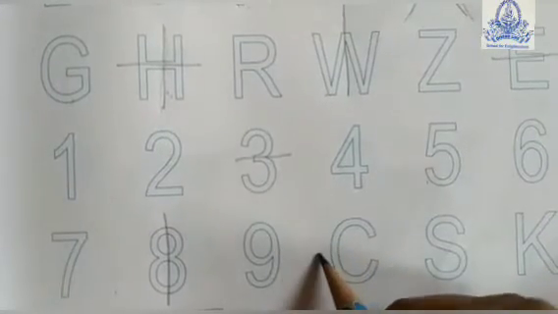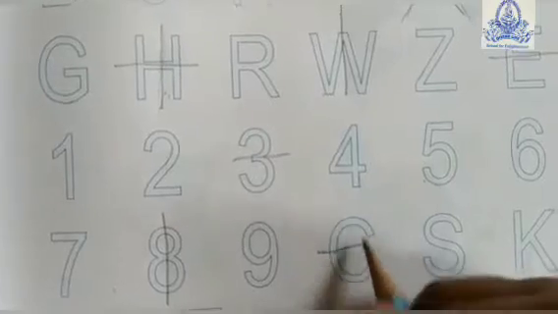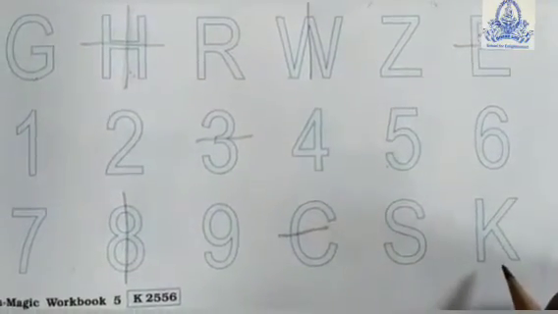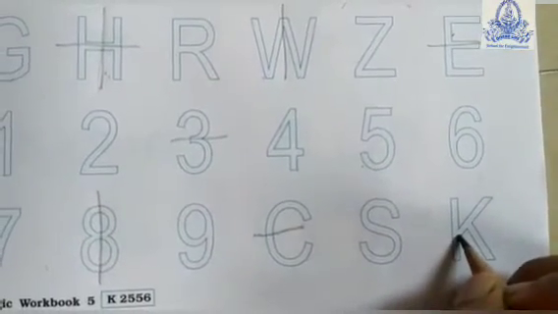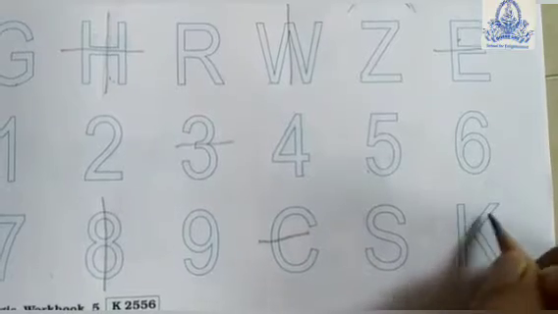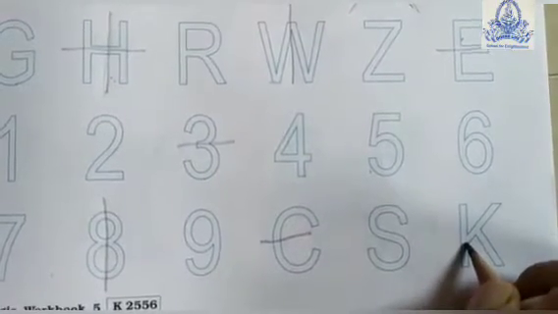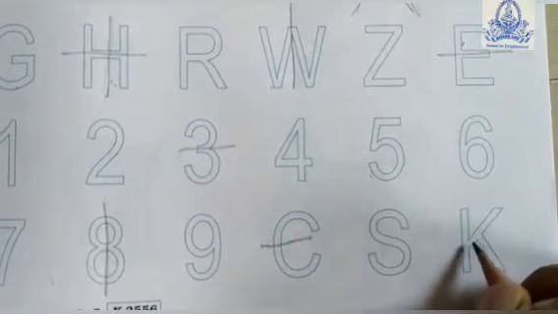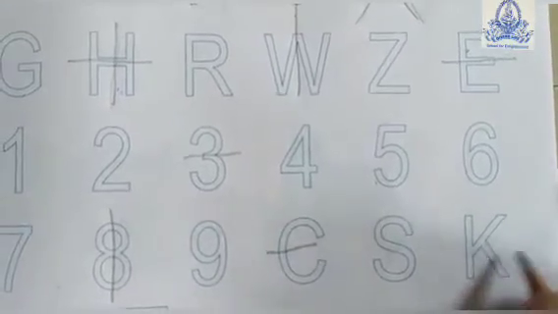For C, you will do it like this, a horizontal line, so it will divide into two equal parts. For S, again it is not possible, and for K also it is not possible, because you see that this ray or line segment is starting from the middle, and here this is not starting from the middle, but is somewhat far. So we cannot divide this K into two equal parts. Alright students.